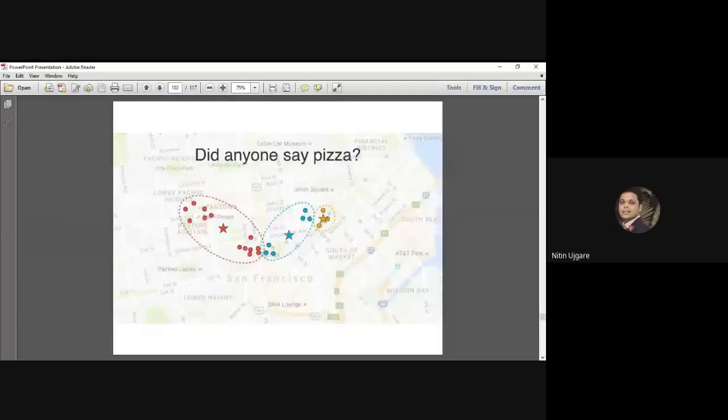Okay, so I'll go back to this slide. So we have recalculated the centers of the pizza parlors for each of the colors of the houses. For yellow, we have relocated the pizza parlor here. For blue houses, we have relocated our pizza parlor here, and for the red houses, we have relocated it here.